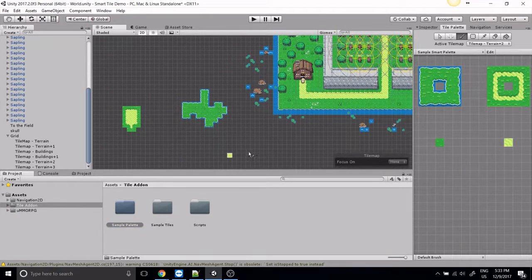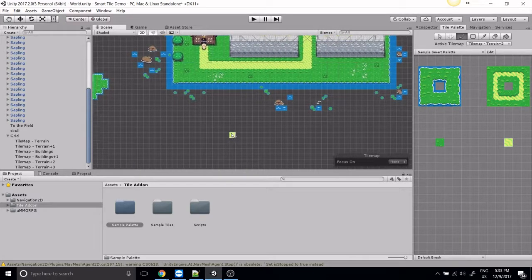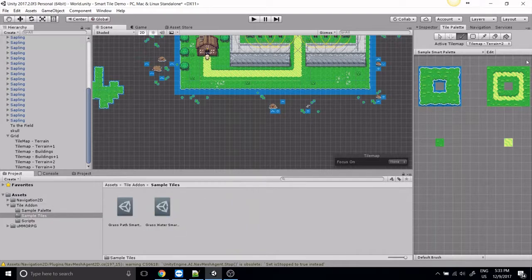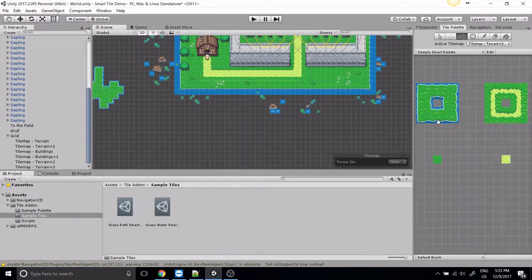From here, what I'm going to do is I'm just going to show you how to set up a new tile and a new set of palettes. So from here, here's the sample palette, the sample smart palette. It will come with all of these. It'll come with these 2 circles. I like to just design this just for fun, but in reality,